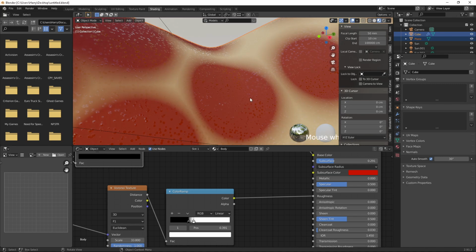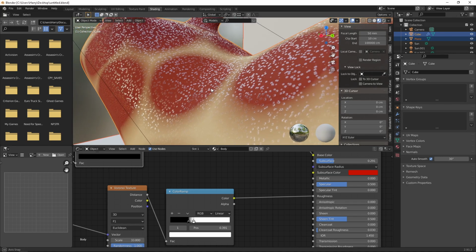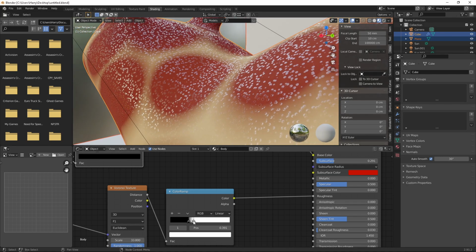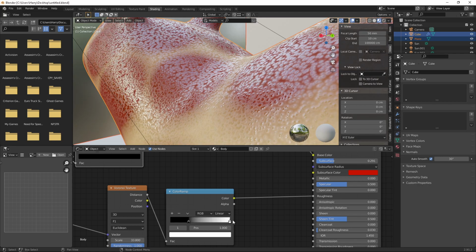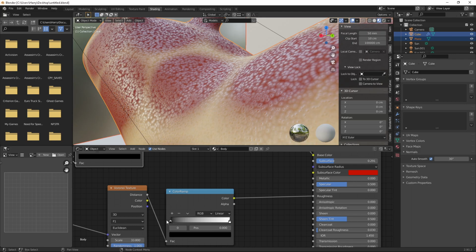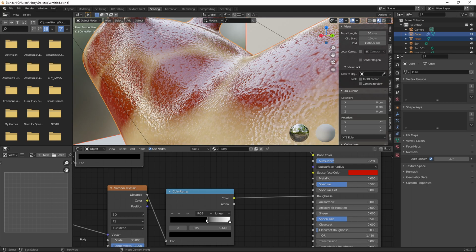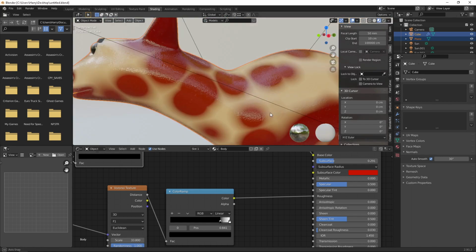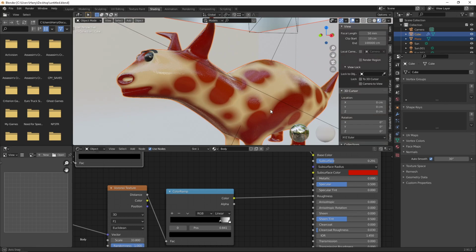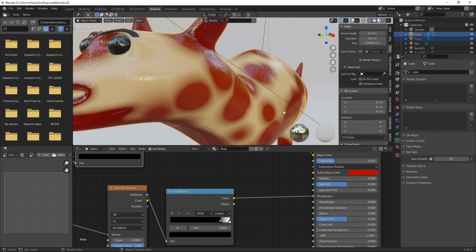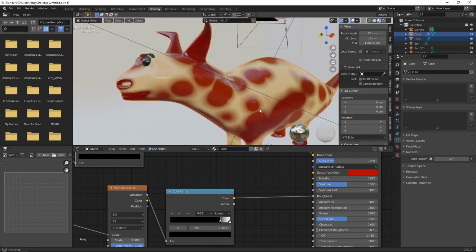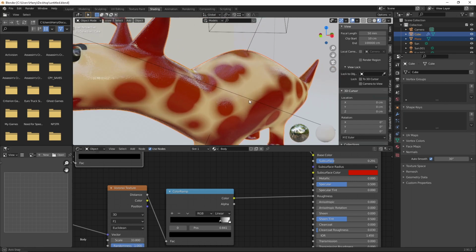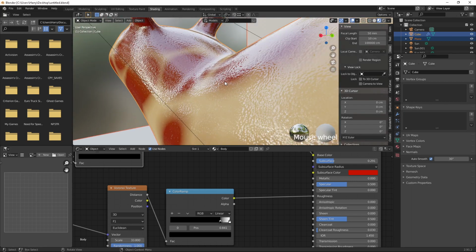Still it looks bad for us. Can you see this? So now we can see the difference, or we can make it full shiny. Yeah, this looks better compared to before, even full shiny. And we can reduce this also.